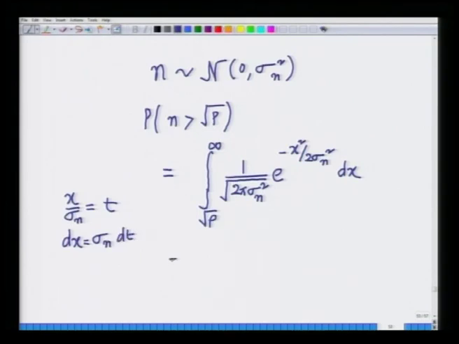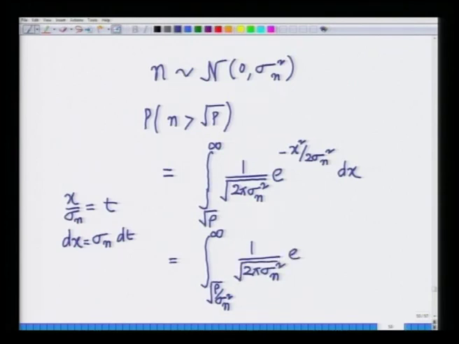So, this integral can be written with the limits changed: since t is x over sigma n, the lower limit becomes square root of p over sigma n, that is, square root of p over sigma n square, to infinity, of 1 over square root of 2 pi sigma n square